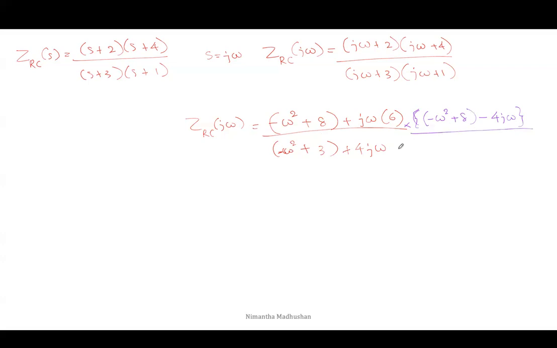The complex conjugate of the denominator is minus omega squared plus 3 minus 4j omega. Then Z_RC(j omega) is equal to the denominator, which is (minus omega squared plus 3) squared plus 16 omega squared,